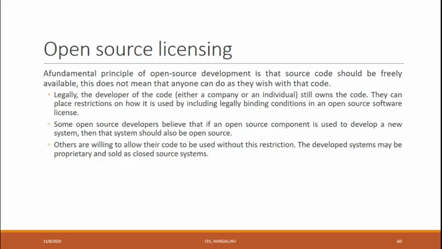Now, open source licensing. A fundamental principle of open source development is that the source code should be freely available. Source code is very important in open source, because you are making use of open source, and the source code should be available to all on the internet. This does not mean that anyone can do as they wish with that code,